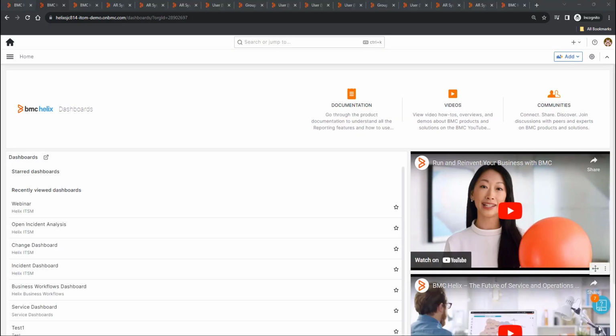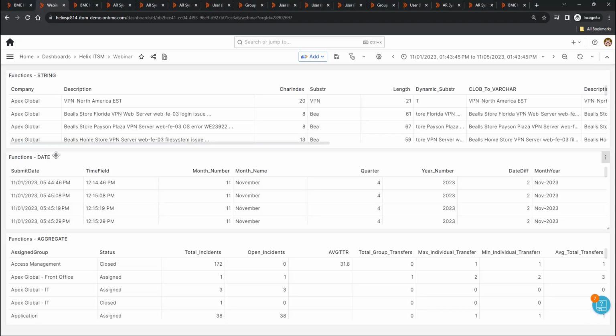So our next topic is the functions in Helix dashboards. I've already pre-created a dashboard for this use case, and I have different panels for string, date, and aggregate functions, which also includes the native database functions. Before I deep dive into these functions and their syntaxes, let me show you how you define your own native database DB function. For that, I'll move on to the ITSM,